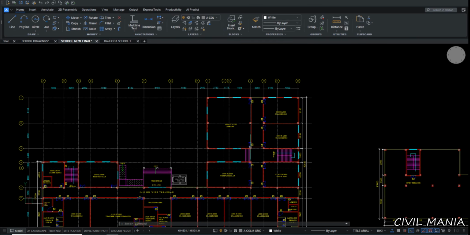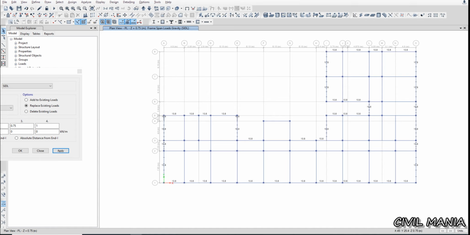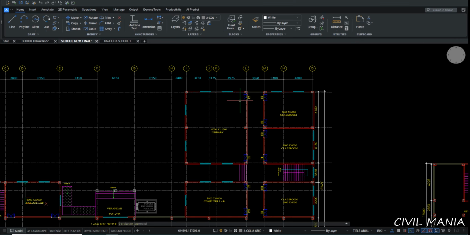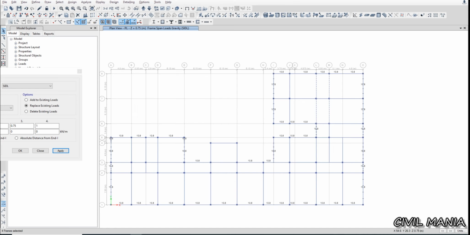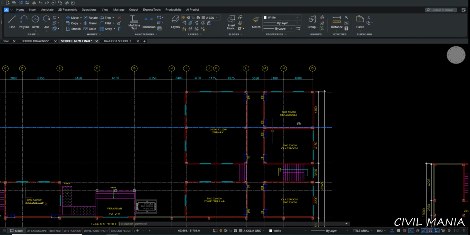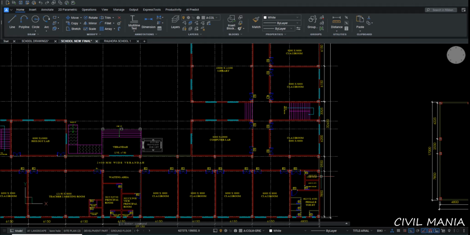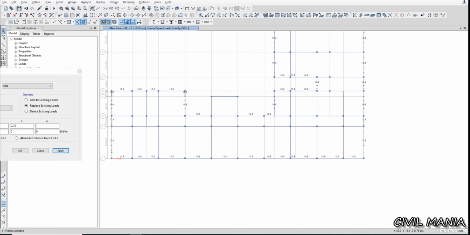Now let me again check if somewhere else the walls are present. As I can see here also the walls are present. See, this one wall, this one wall, and here also the wall is present. This is the wall. Then another wall is present here, it's present over here. So wall is present over here, then here it's present, then after that it's present here, then here,